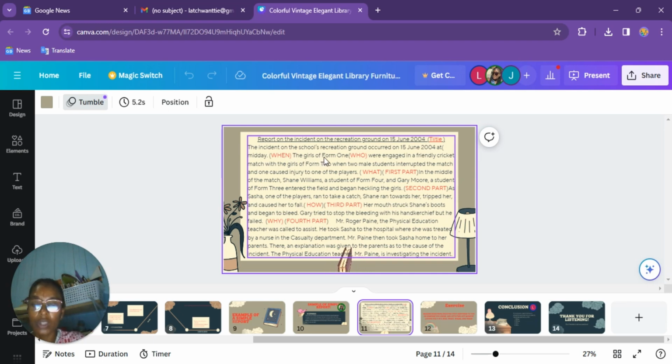The girls of Form 1, who was it based on? The girls of Form 1 were engaged in a friendly cricket match with the girls of Form 2, when two students interrupt the match and cause an injury to one of the players. That is what happened. So after you state